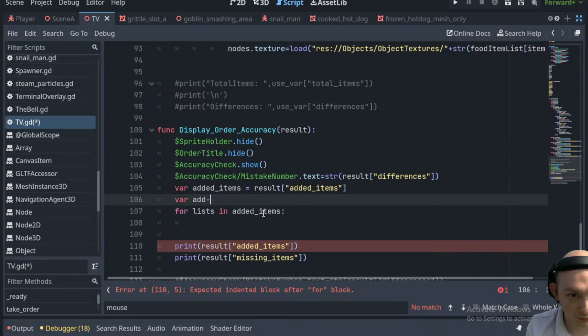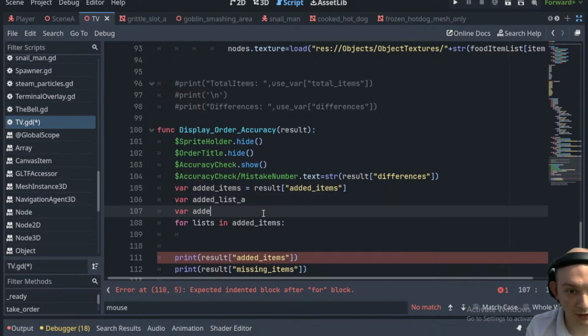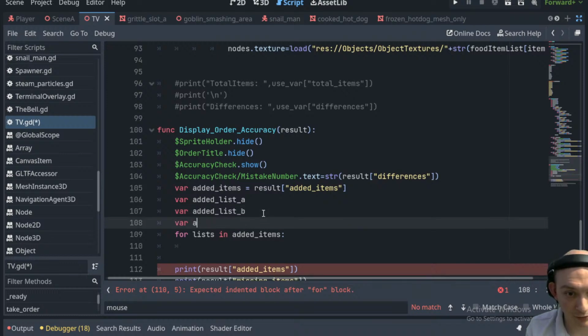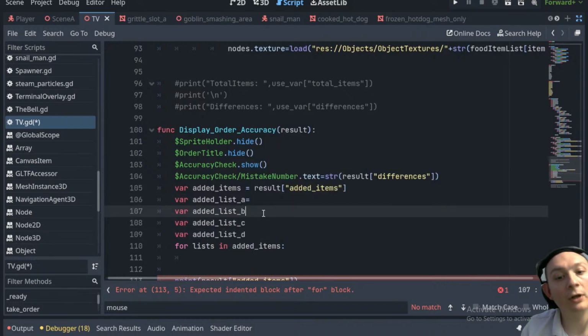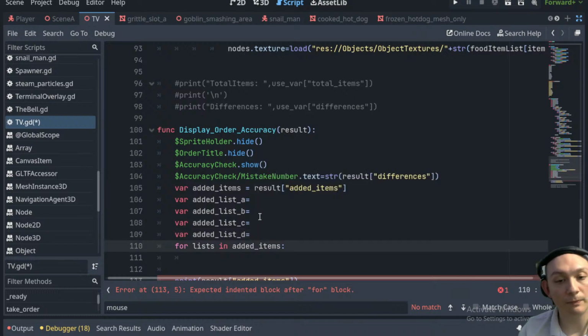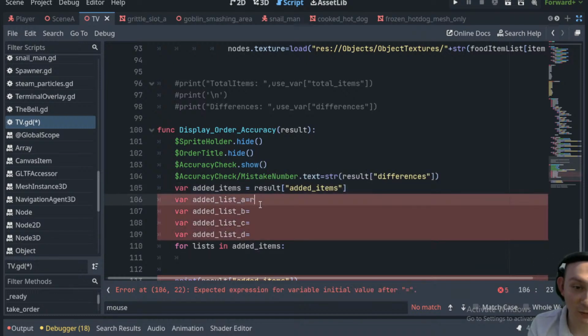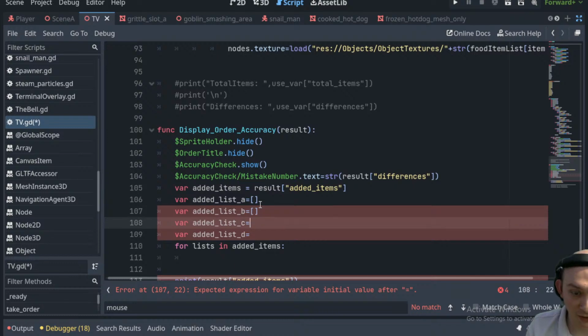Var added list A, var added list B, var added list C, var added list D, and we'll say equals D, and then we'll say result. No, we're just going to set these equal to just a list right now,